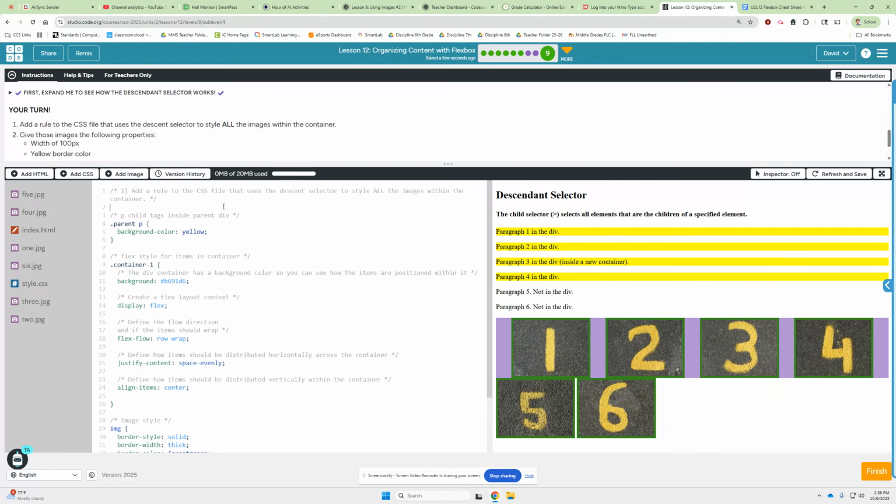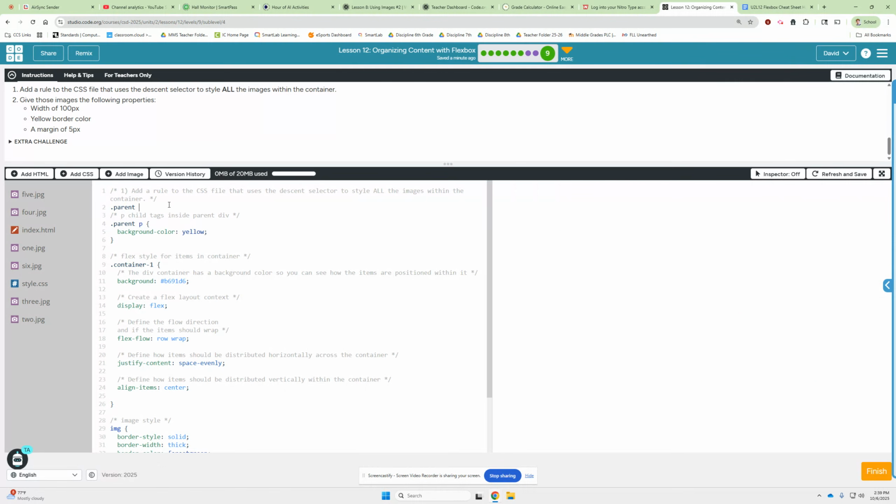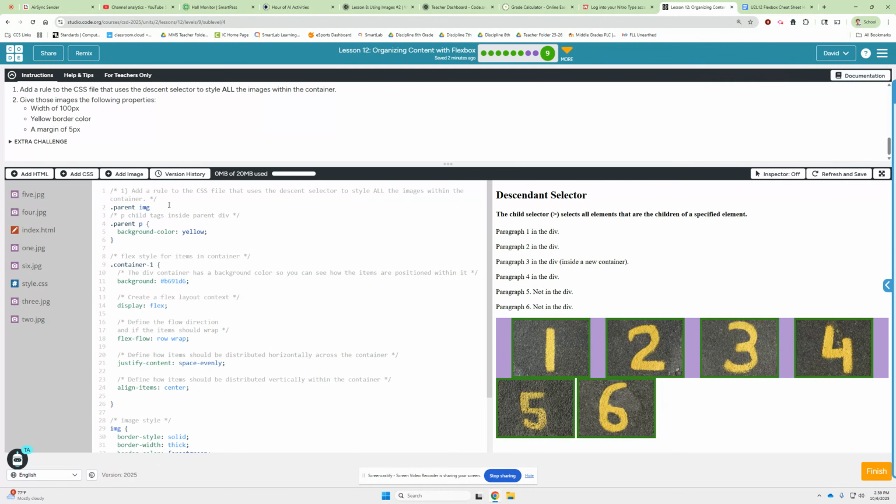Is that not the parent already here? Hold on just a second. Let's think about it. All right, I think maybe dot parent space img,